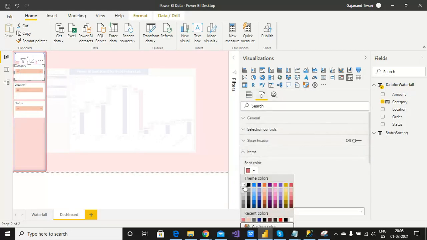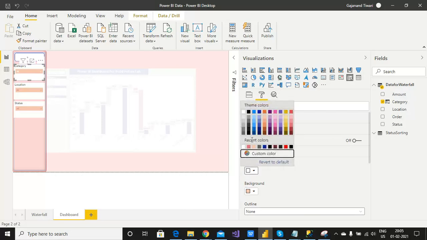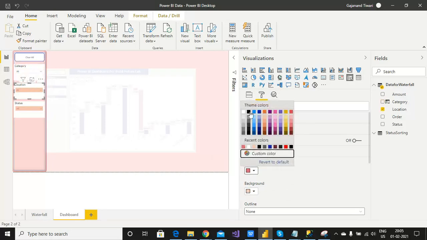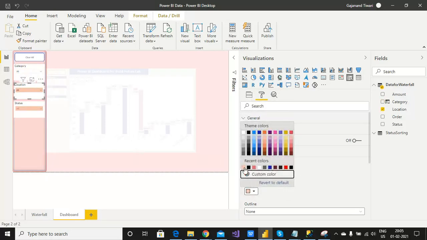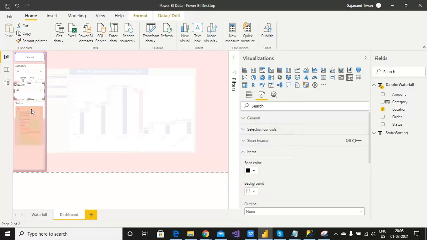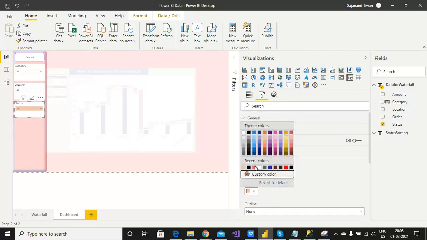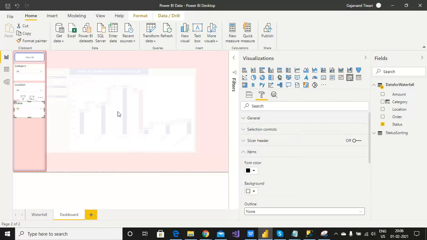I wanted to remove the font color, which is black, and the background color, so that the look can be much better. Same here, font color is black, background color is white. And same here, font color is black, background color is white.